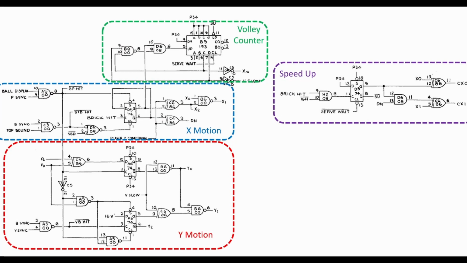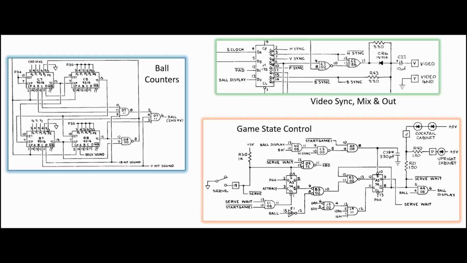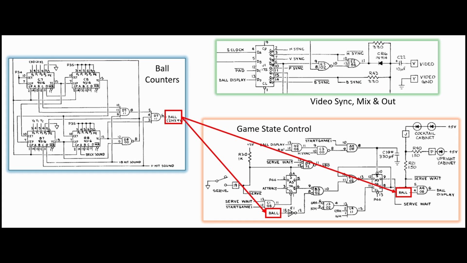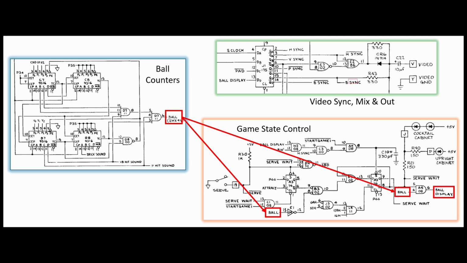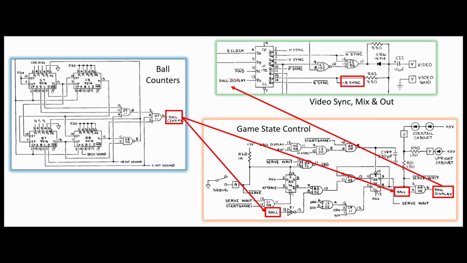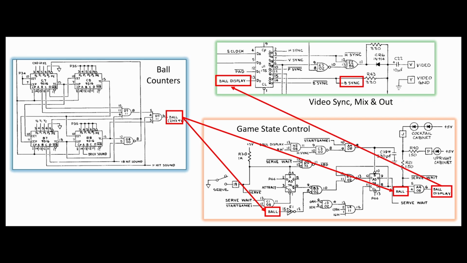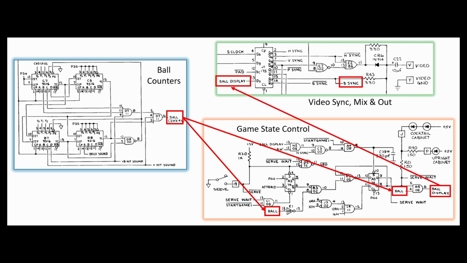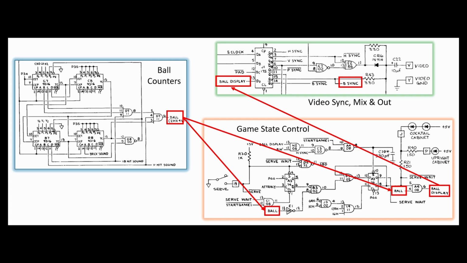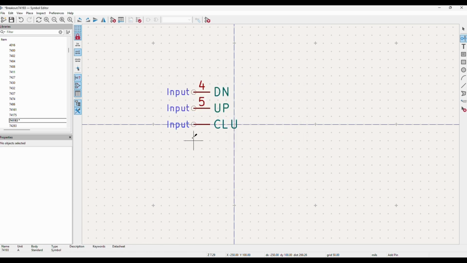Let's chuck this stuff into our retro schematic. Before we get started, I mentioned that the raw ball signal goes through other stuff, specifically the game state logic, and it comes out on this ball display line. But I never showed how we get B-Sync. B-Sync is just a copy of ball display synchronized to the clock in Jack 1, then dropped on the video bus. Interesting that this line is also used in other logic. You would think you would want some isolation from potential interference from other things on the bus, but once again, it works. We'll start by creating our own 74193 symbol, kind of like the ones on the legacy schematics.